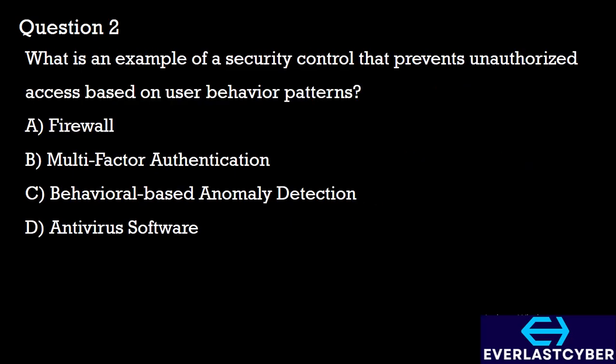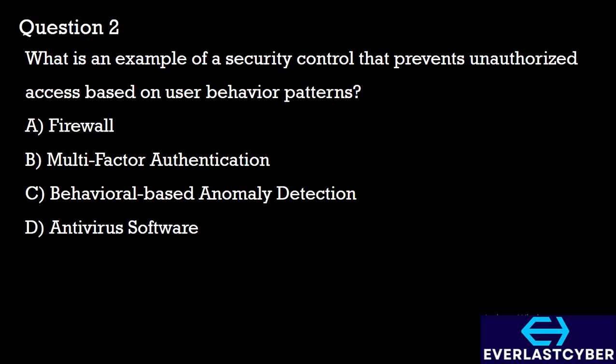Question 2. What is an example of a security control that prevents unauthorized access based on user behavior patterns? A. Firewall. B. Multi-factor authentication. C. Behavioral-based anomaly detection. D. Antivirus software. In option A, firewalls control inbound and outbound network traffic based on predefined rules, but it does not